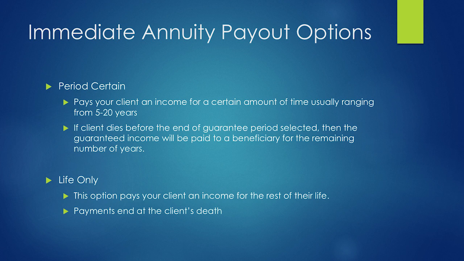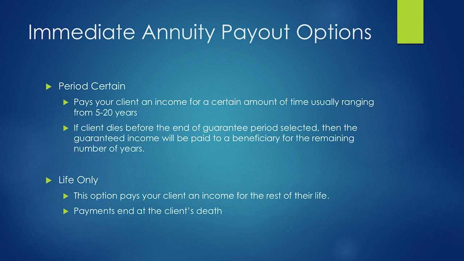Which, if they did this with individual stocks, would be much harder. And there are different ways they measure these indexes. Probably the simplest is what they call a 1-year point-to-point with a cap, which basically means they're going to measure it from February 1st, 2019 to February 1st, 2020, and then whatever it does. Let's say you have a 5% cap. If it does 10%, the company's going to pay you 5%. If it does 5%, the company's going to pay you 5%.